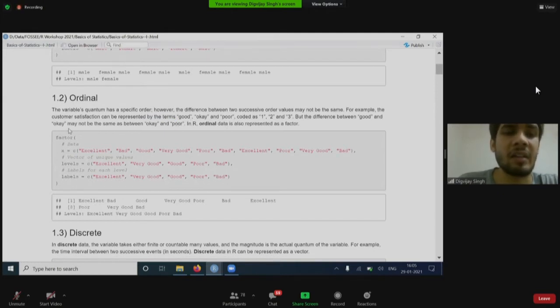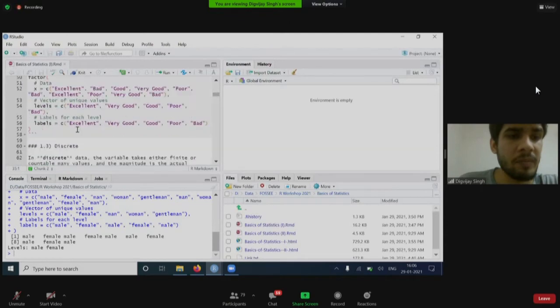In R, it is represented by a factor. Again, we have some character values. We create levels, which are nothing but the unique values, and then we create the labels. I'll show it by running the code.